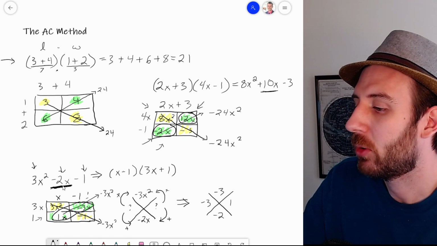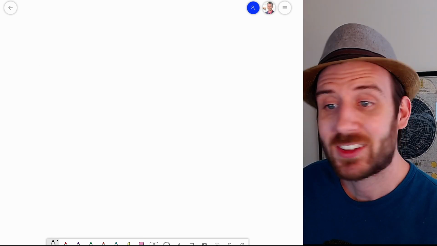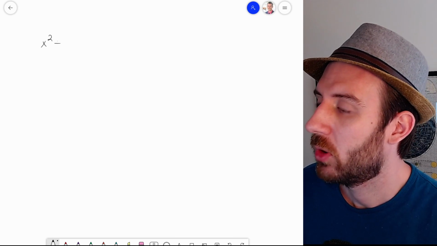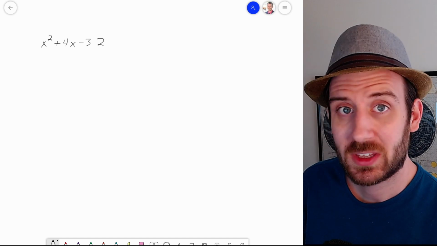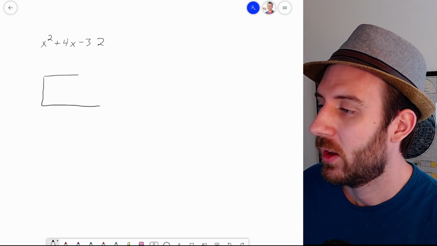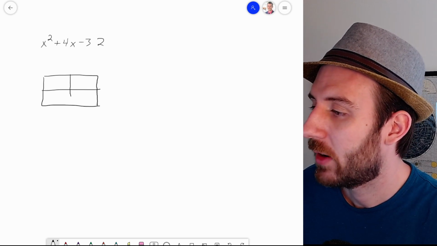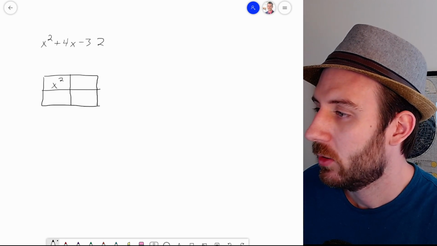Now that was a nice exploration. Let's find a way to make this one a little bit cleaner. For the next example, let's take a look at doing x squared plus 4x minus 32. So again, we're trying to find out if we can factor this. In other words, if we can write this as a rectangle and describe it by its length and width instead of everything that's inside. So if I was going to try to factor this out, x squared would go here,